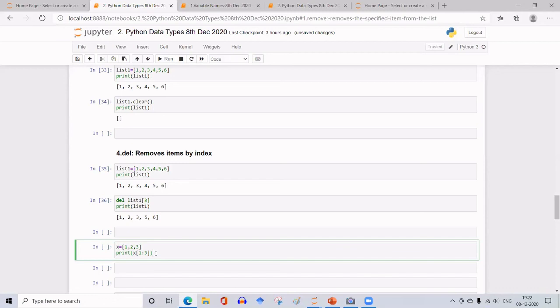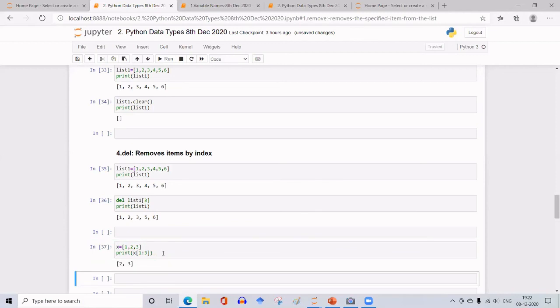Shall I run this cell? No, ma'am. It will not give error, ma'am. Then what is it? It prints 2 and 3, ma'am, because last number is 3 minus 1, ma'am. Okay. 3 minus 1. That is 2. Okay, good. Shall I run this? That is the answer. Okay. Last index is 3, but it will stop at 3 minus 1. So it will take the index 1 and 2 and types it.